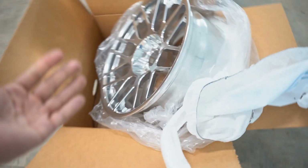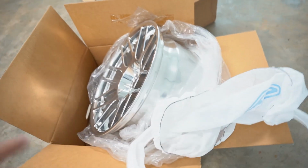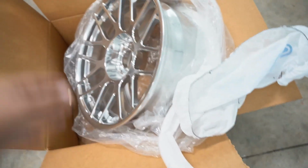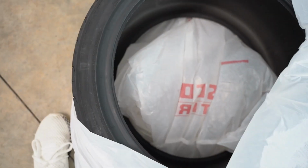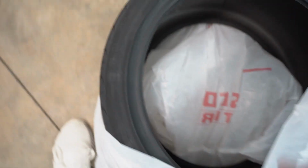But no, these are not chrome. These are fully polished, and they're not 17. They're 18 by 9.5 plus 22 square. So the tires I'm going to be running are Yokohama Advan Apex 265/35/18, and I got these for a really good price actually. I guess Discount Tire had a sale going on. I saw them for $200, $205 on Tire Rack, and I got these for $159 a piece. So not bad at all. So here we got the tires,